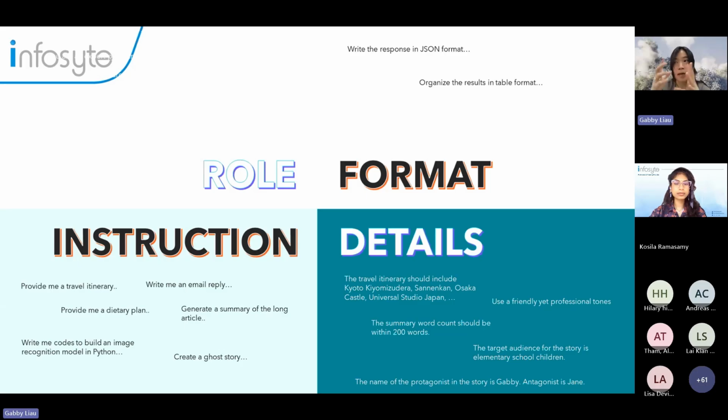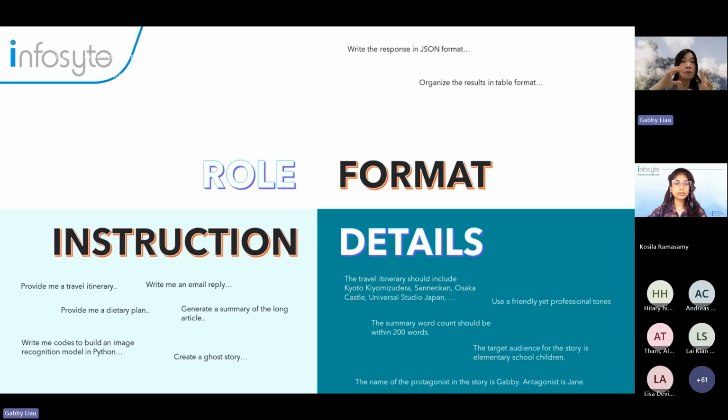For example, I want to get some marketing ideas. So I will write down, "Hey ChatGPT, you are an expert marketing team leader." I will ask ChatGPT to assume itself to be an expert in that marketing domain. Remember just now I drew you a diagram?